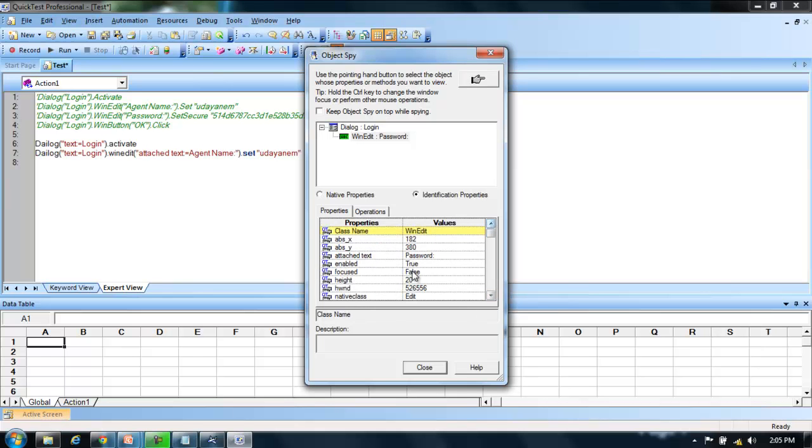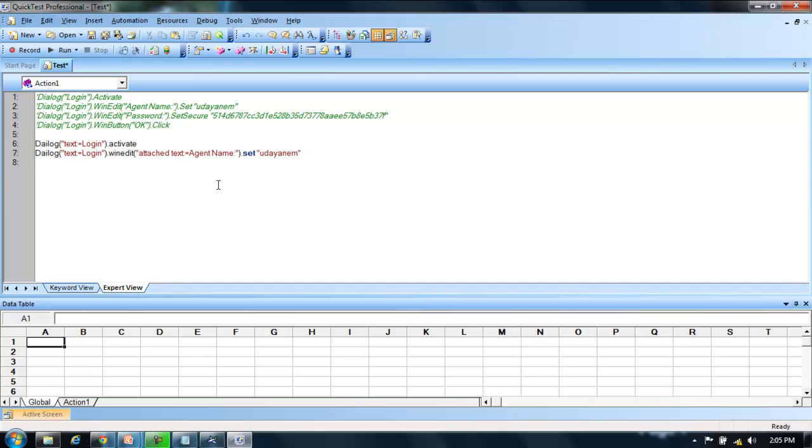So I use attached text only. Okay, and the value is password. Let me copy the same thing here. Alright, so here it is, password, the value is